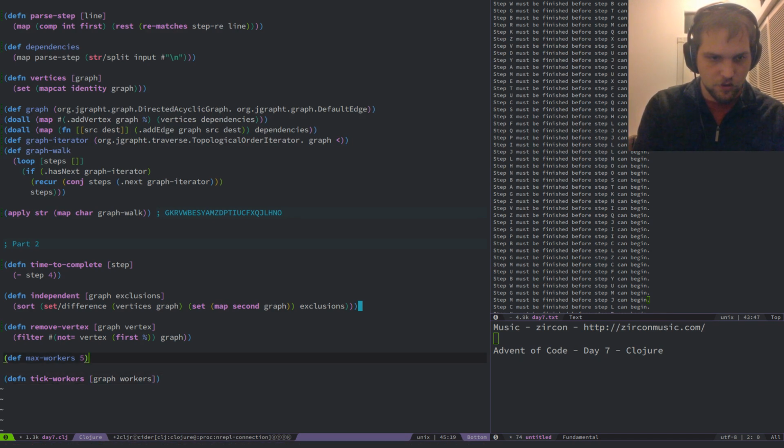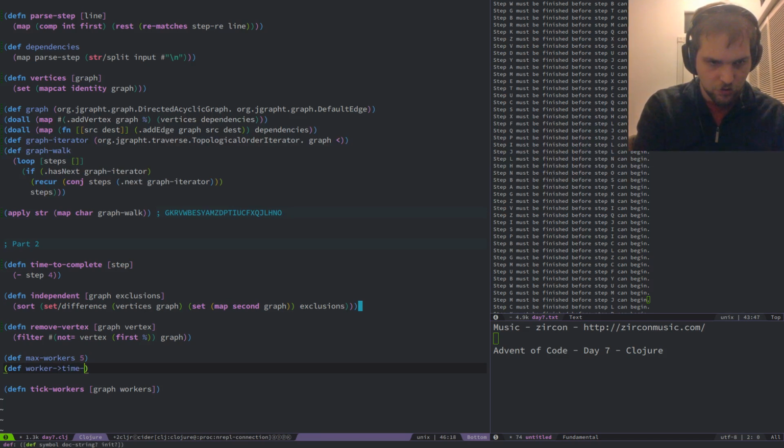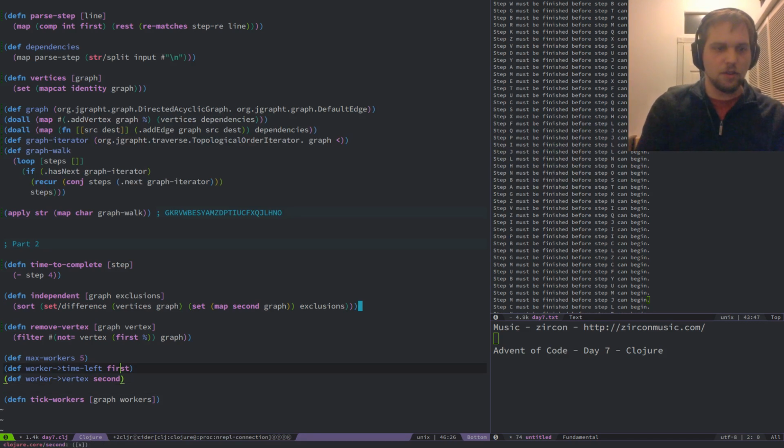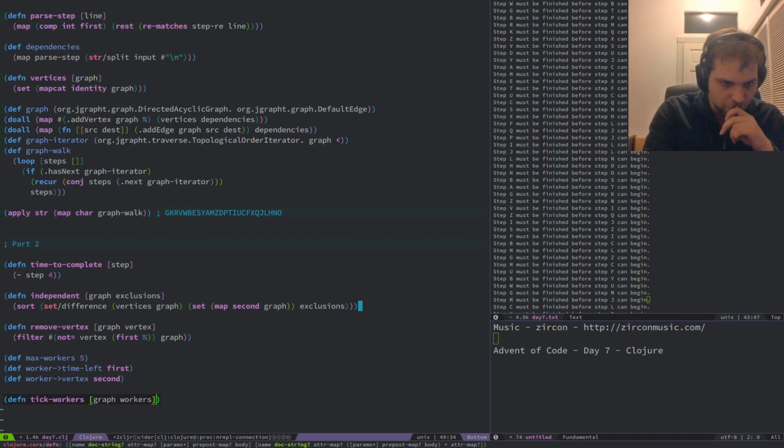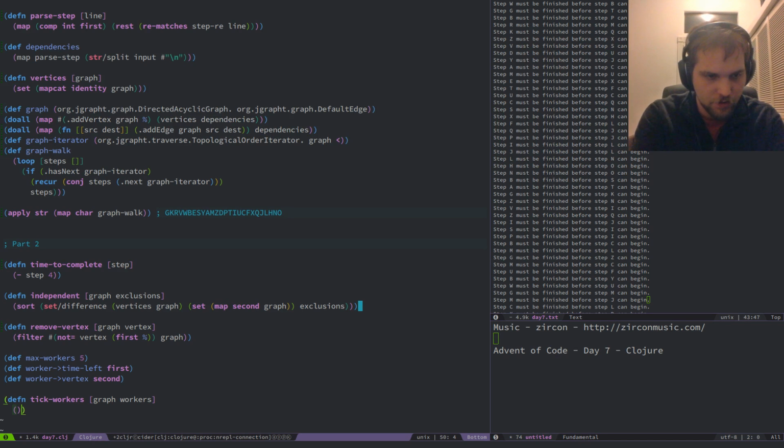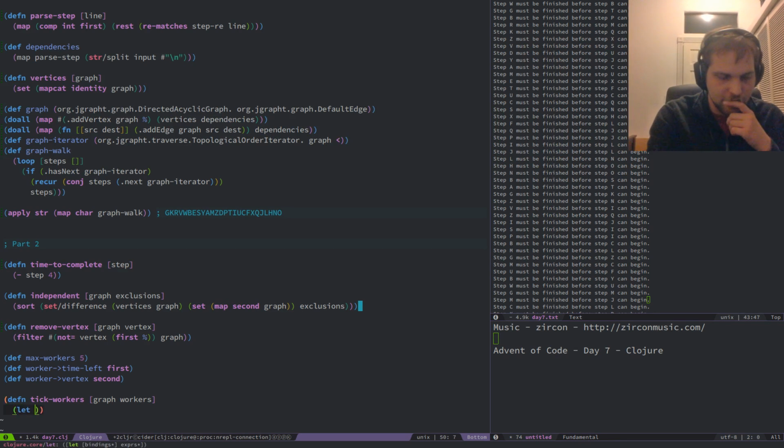Where, so we can extract that information out of a worker tuple. Let's see.